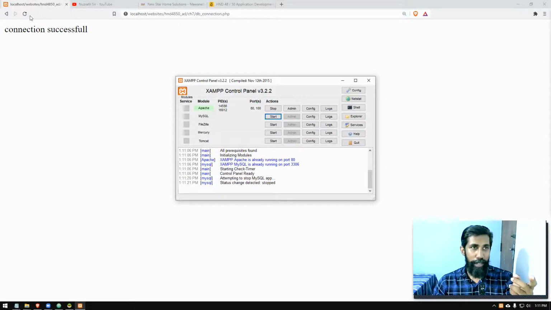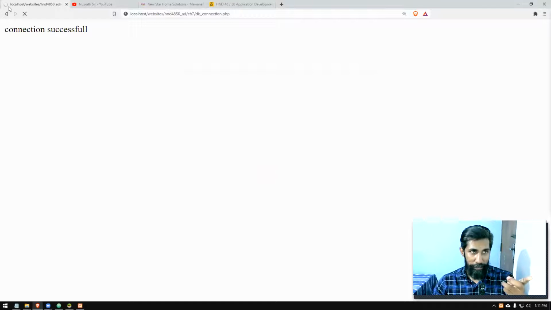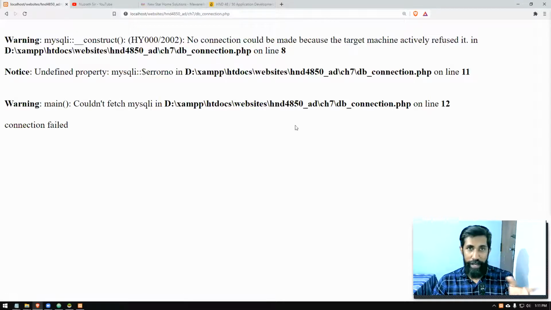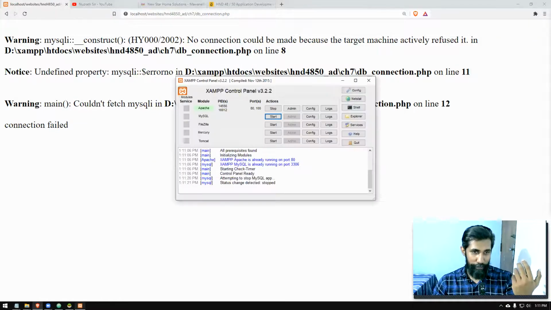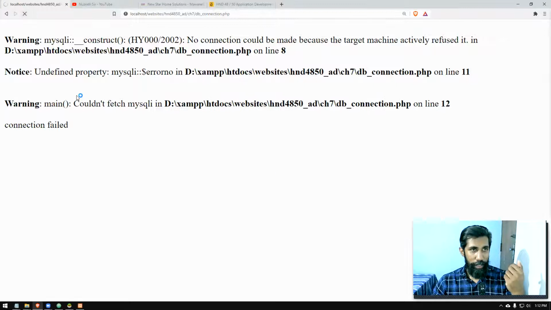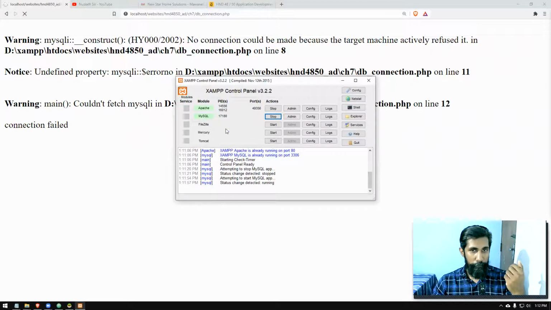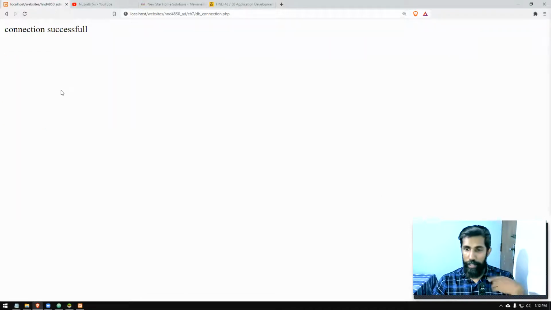During that time, you are trying to log in. Let's see, it's taking some time. See, you can see that. We'll see what is happening. It says no connection could be made because the target machine actively refused it. The reason is the target machine is not there actually. So things are coming up like that. Couldn't fetch mysqli. So what's the remedy? We can start this again. Once the service is running, if you reload, the connection is back to normal. That is how it works.